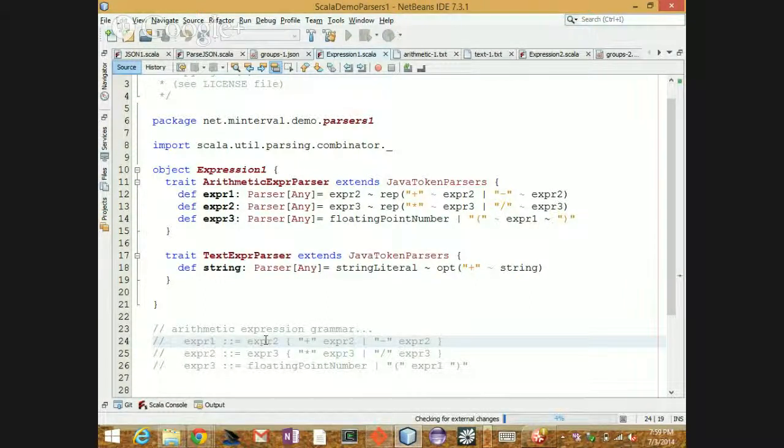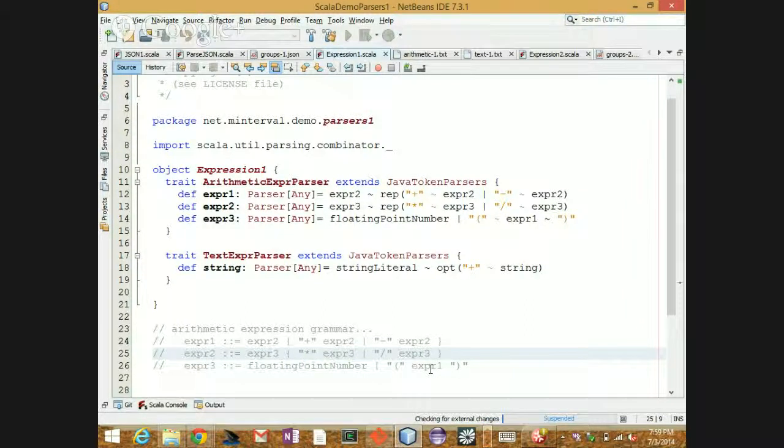first of all, I find out if I have this expression 2. Well, what is expression 2? I go down here, and expression 2 is made of expression 3s times expression 3s divided by expression 3s. Well, what's that? That could be a floating point number, or parentheses wrapped around another expression. So you can see how it's recursive.